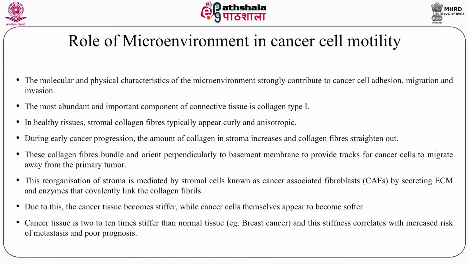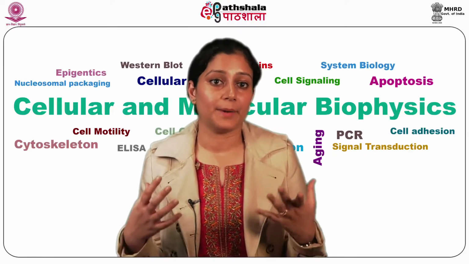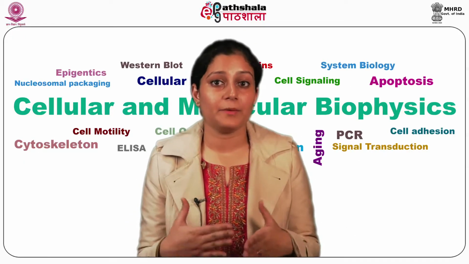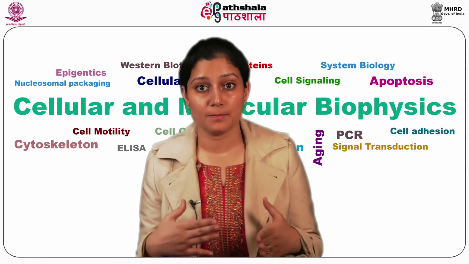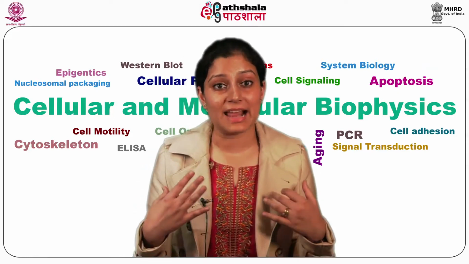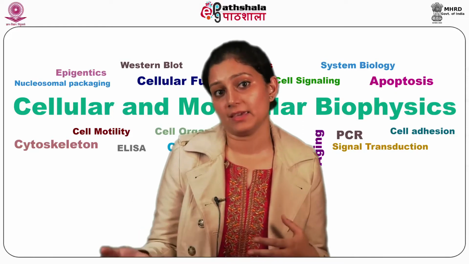During early cancer progression, the amount of collagen in stroma increases and collagen fibers straighten out. These collagen fibers bundle and orient perpendicularly to the basement membrane to provide tracks for cancer cells to migrate away